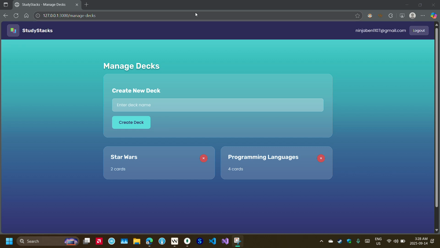Presentation about our project StudyStacks, presented by Benoit Thompson and Tristan Gagné. StudyStacks is a web application that we developed in order to get students more engaged with